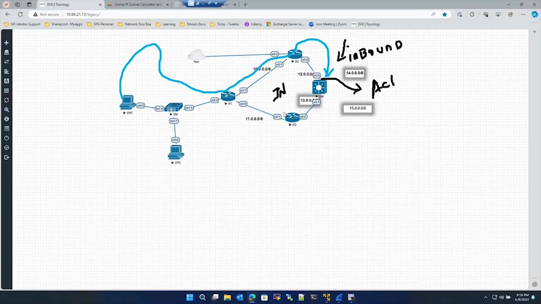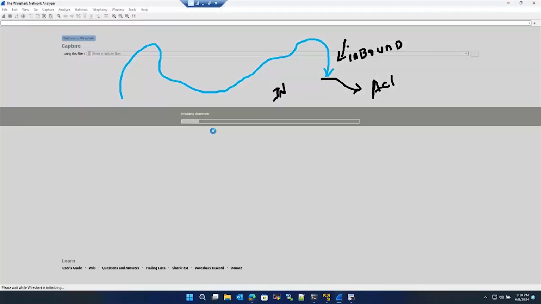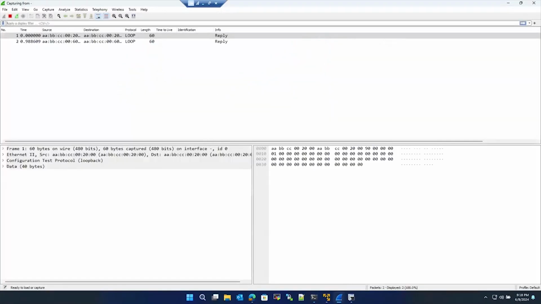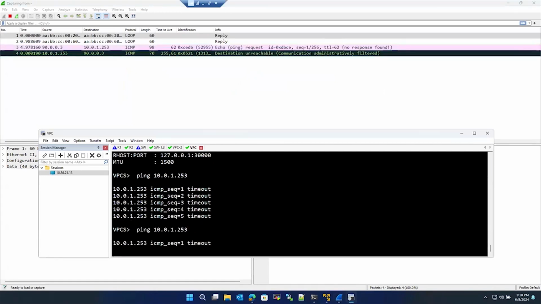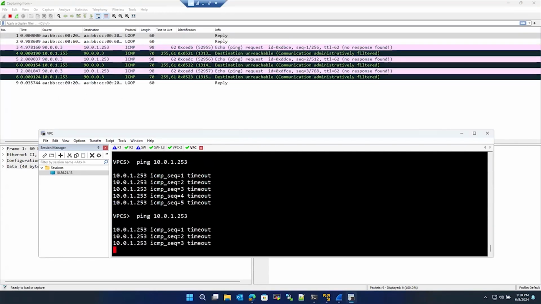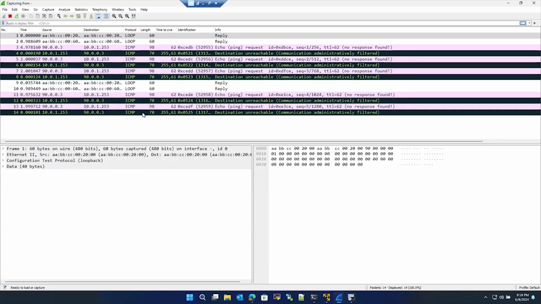Let me open the capture on the switch, Ethernet 0/0. Let me generate traffic again. So when you're troubleshooting and trying to ping a destination, and in your capture, if